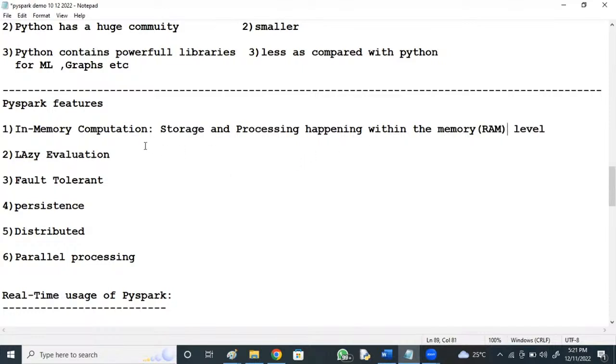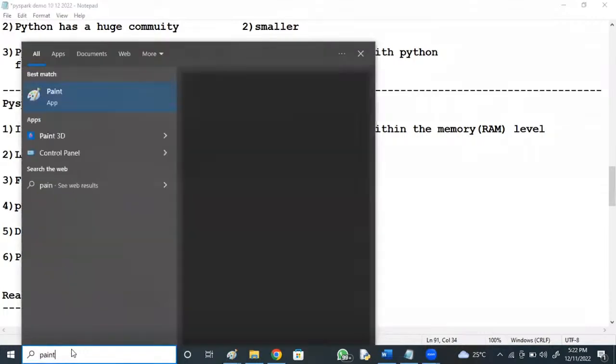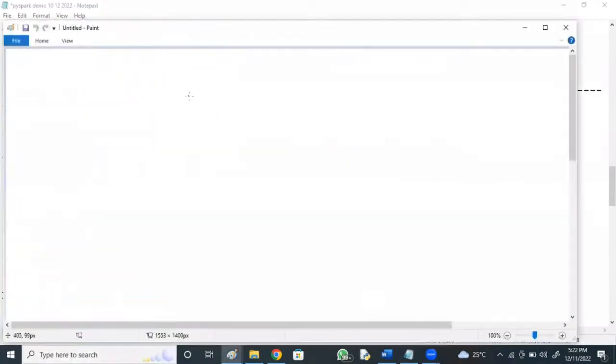Lazy evaluation means the data flow won't execute. Spark is a data flow. Observe this: for example, D1 is your data object, which has some 1 lakh records.